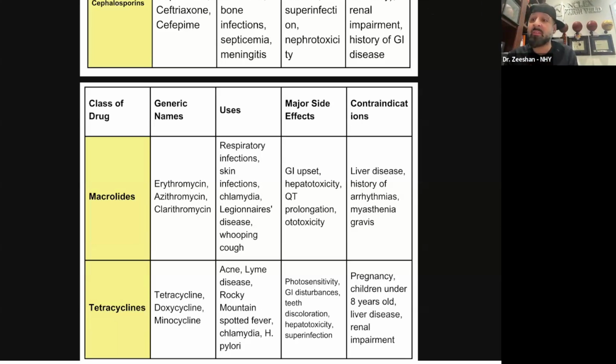Azithromycin, you're also going to see it in sexually transmitted diseases. And we've had a surge of sexually transmitted diseases. So do you think identifying things like gonorrhea, chlamydia, syphilis is important? Well, syphilis, we've got penicillin. Chlamydia, gonorrhea, we've got azithromycin. These are things that are surging. So knowing STIs, knowing the treatment for it, and now knowing the major side effects. The one that the boards are going to like to target is that QT prolongation.